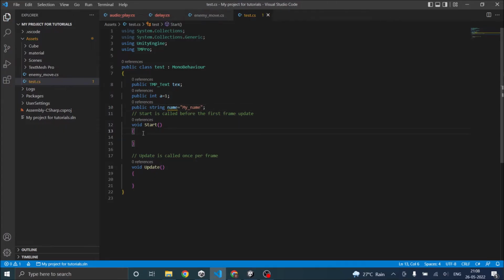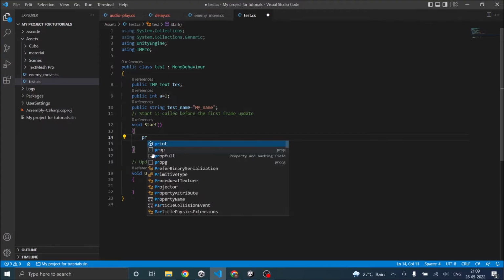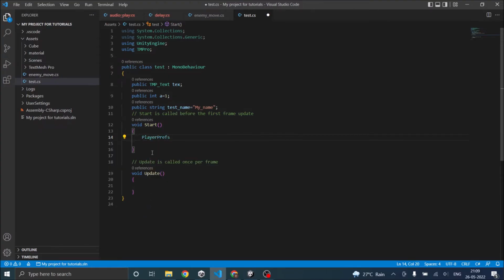So in the Start function, okay, we cannot use a keyword, so we'll call it testName equal to "my name". So when the game starts, let's do PlayerPrefs.SetInt